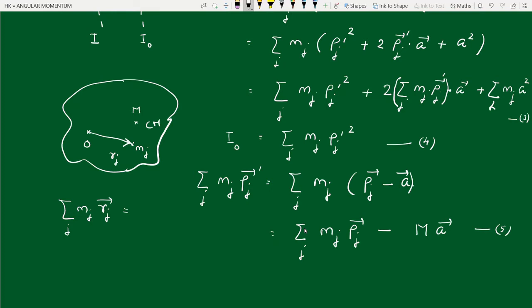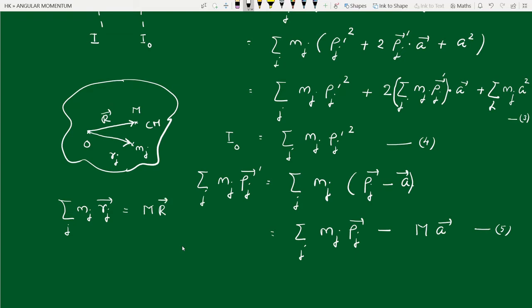It's not the actual situation. And the position vector of the center of mass, let us say it is capital R. Then this quantity, summation over j of mj rj, which we call the moment of each mass about the origin, we can rewrite as total mass into the position vector of the center of mass.